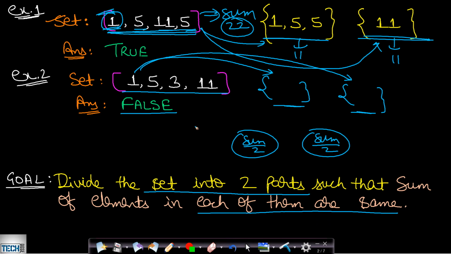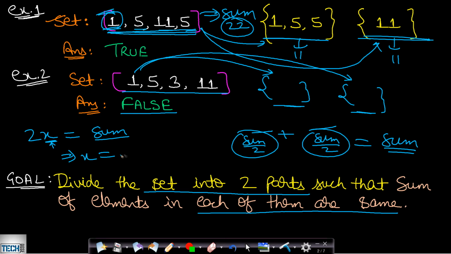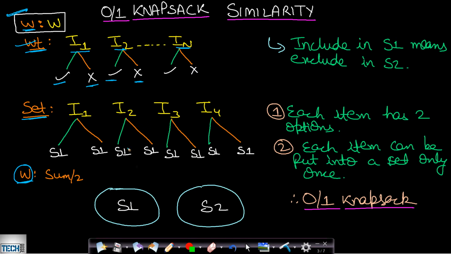Okay, and how is this coming? You can see that if 2x is equal to a certain value sum, then if you want to equally divide it, the sum value in each of the subsets should be equal to x. Because they both are equal, and by adding these two sums, it will be equal to the sum of the entire array elements. So 2x should be equal to sum. So in this case, you can say that x is equal to sum by 2. Now either x is odd or it can be even, but 2x will always be even. Therefore the sum value should always be even. Now in this case as well, your w value will be equal to sum by 2, where sum is the summation of the array elements.